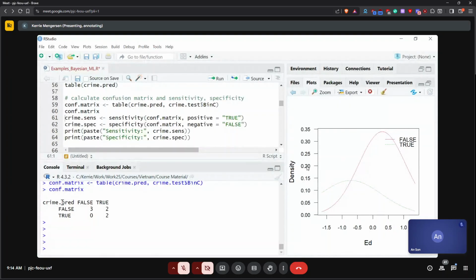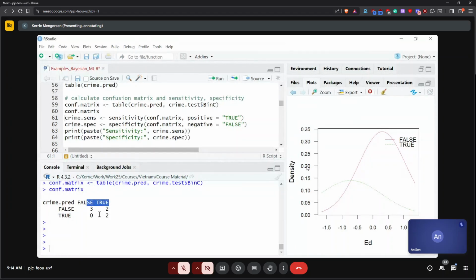Okay, so this is saying here, this is the predicted crime here, I'm going to get false and true, and I've also got what I observed to be false and true. So I think these are the predictions, and these are the observed values, and these are the predicted values for false and true.